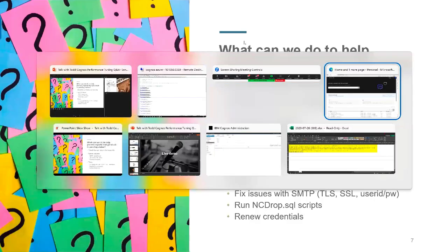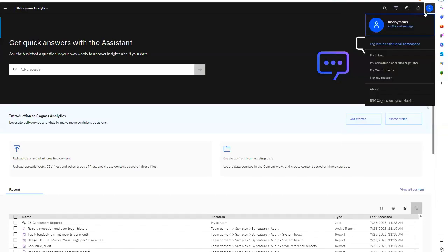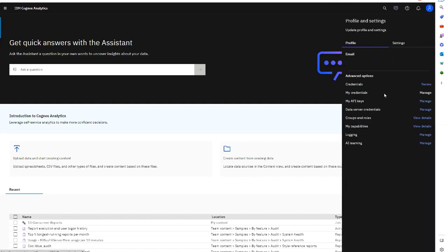And then finally, the credentials. I believe the buttons change around in all these versions, but I believe it's under Profile and Settings, Credentials, and there's just this Renew button here. So it's possible your credentials just need to be renewed. You can just click this button and it'll update them for you. So those are sort of the three